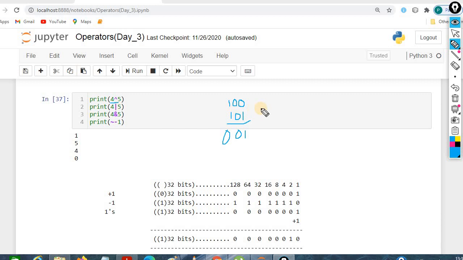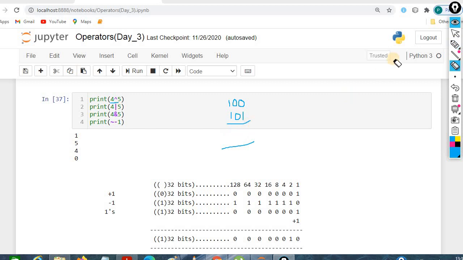If we provide it in binary format, we write it this way, 4 and 5. When we do XOR, you know the condition of XOR: if 0 and 1, the output will be 1. Otherwise, we have 0. That's why when we convert this into decimal, we get 1 as the output.